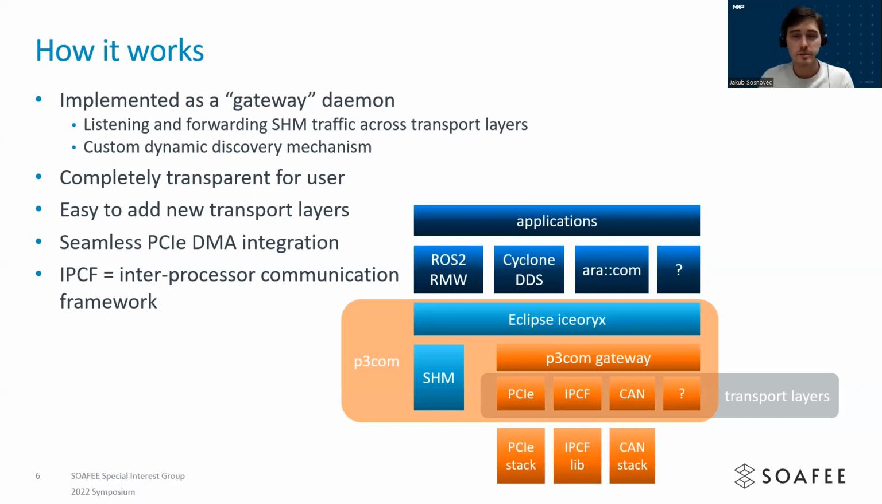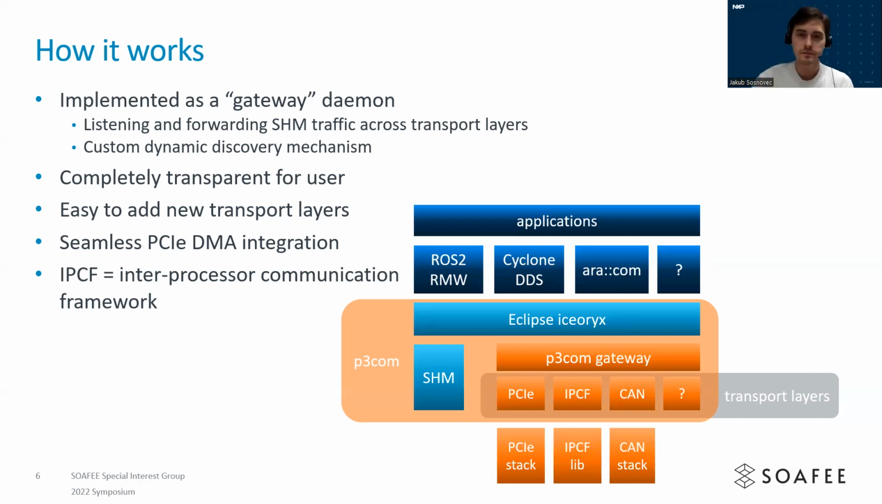In particular, the PCI transport layer is something that we are quite proud of, because there is a really seamless, mature DMA integration, really enabling it to use the full throughput of the PCI bus, while also keeping the very high-level publish-subscribe or service-oriented API of Iceoryx or DDS. And this IPCF library I already mentioned, this is an NXP library that we use for communication over the SRAM memory in S32G, but it can really work over any shared memory